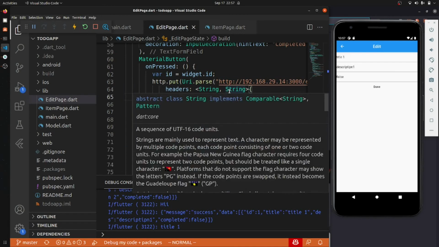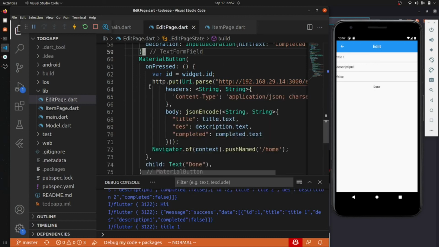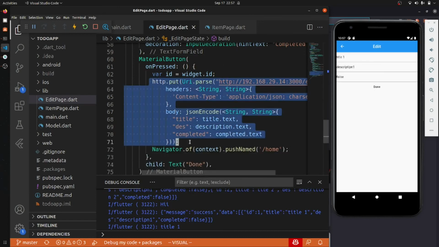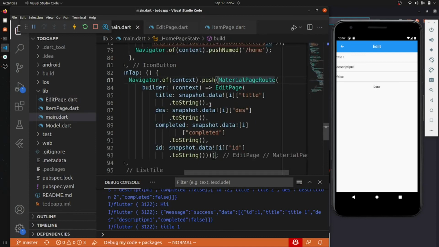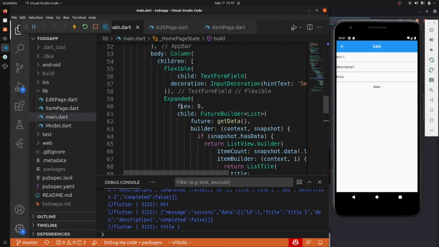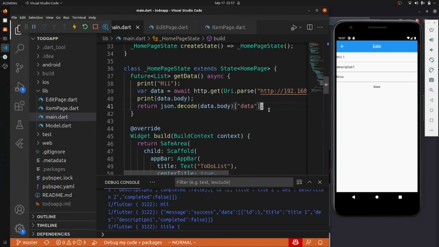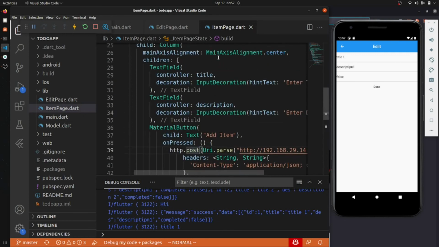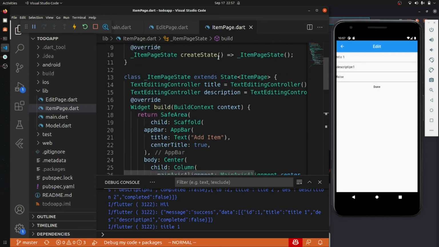This is the thing in which we can update this stuff. This is where we can delete this stuff. This is where we can retrieve this stuff. And on the add item page, we have a similar property, like we have edit.